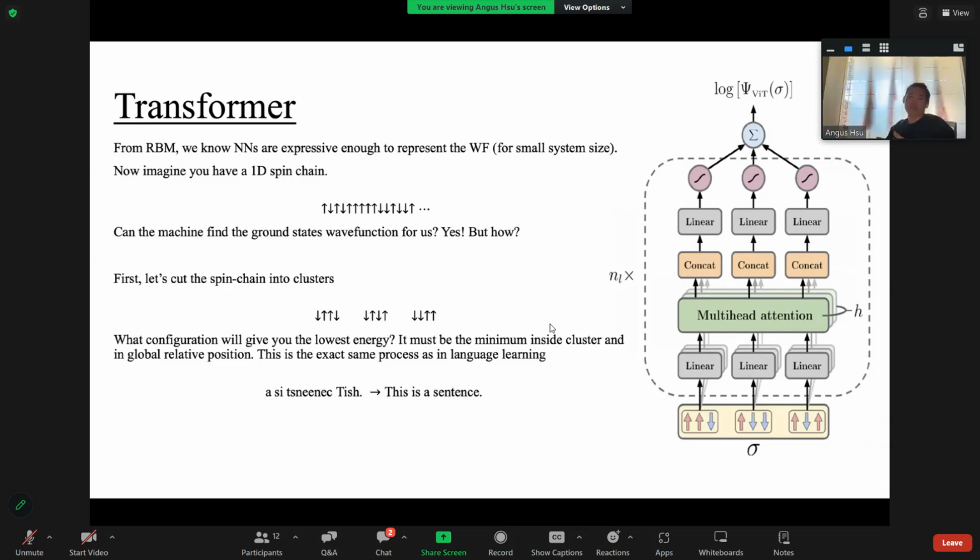But all right. Anyways, I'm going to the transformer. So in the transformer, you have a chain of spins. It's the same problem. You have a single chain, up and down, up, down, up, down, up, down. What you do is you're going to feed the same